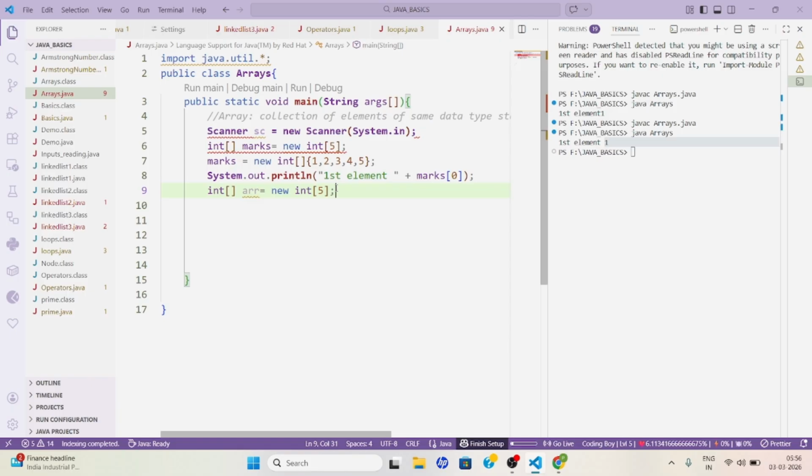So I have declared and initialized the size of an array. Now I'll use a for loop to get each and every element of size 5. Int i equal to 0, i less than n, i plus plus. To understand this for loop, please go watch the previous video, where I have explained what a for loop is. And inside the for loop, I am just